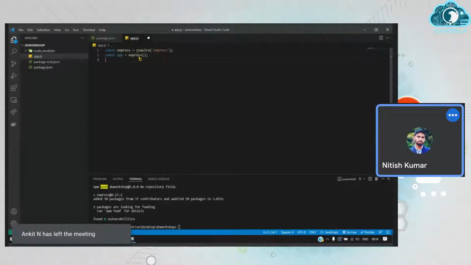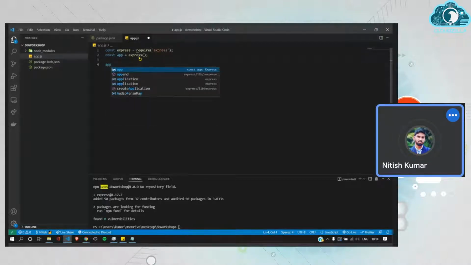And now we are making an API. For that, we will write app dot get. So in the app variable, we first imported Express, and we have assigned that